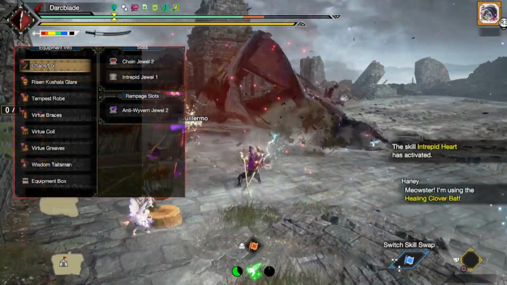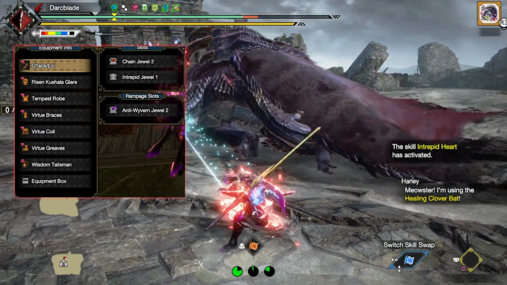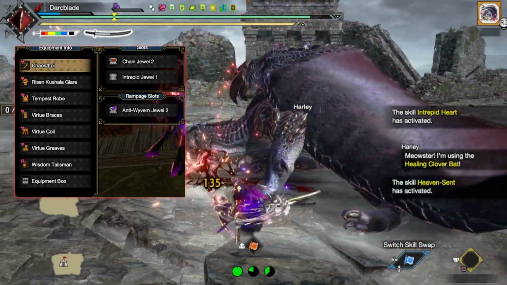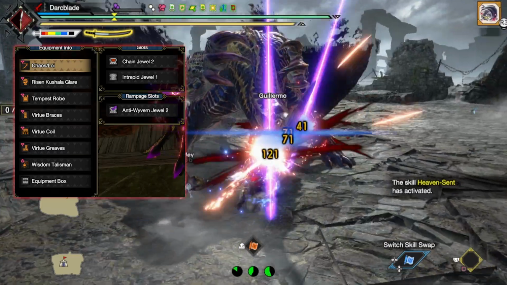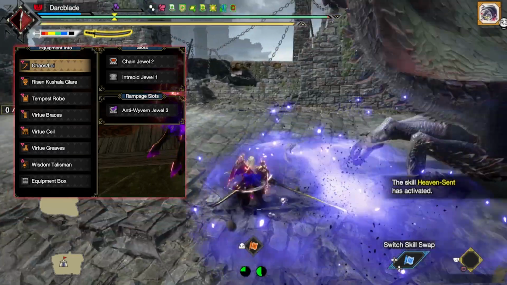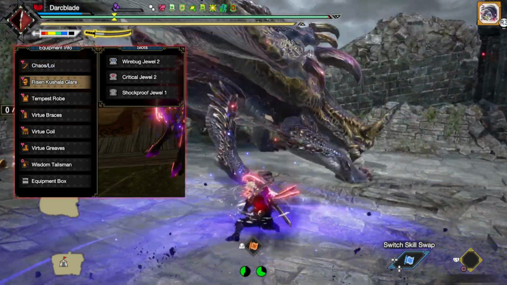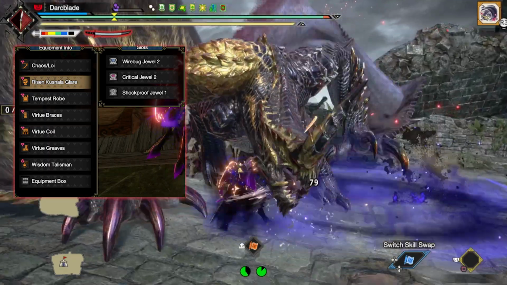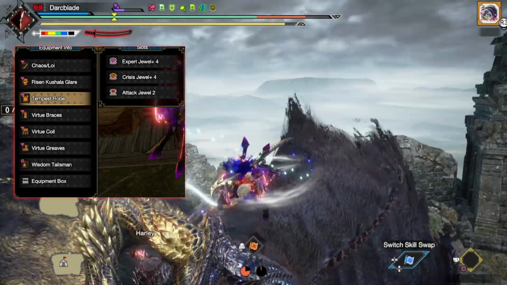So when it comes to the decorations, you've got a fair few to play around with. So first of all, I've gone for a chain jaw for a point in the burst skill. This is optional. I've then gone for intrepid jaws to get intrepid heart to level 2. To be honest, you only really need 1 point in this. I've then gone for anti-wyvern jaws for the rampage decoration. You can go with any of the anti-species jaws to increase our raw attack a little bit when fighting certain monsters. I've then gone for a Wirebug jaw to max out Wirebug Whisperer, critical jaws to max out critical boost,